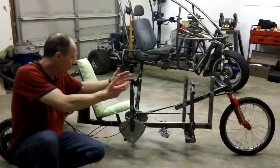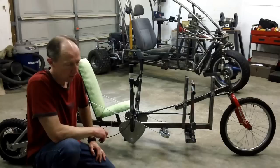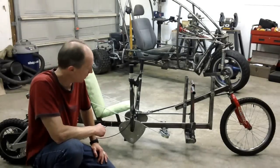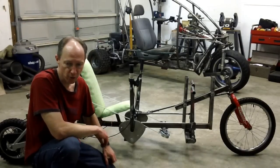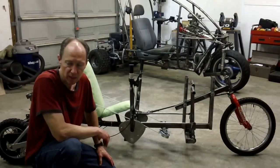But in an enclosed vehicle over here, you can put a full roll cage around you and you have a much greater chance of surviving a wreck in a vehicle like this. So that's backgrounds on various vehicles, forced versus natural tilting, some of the pros and cons that you'll end up seeing in these vehicles,